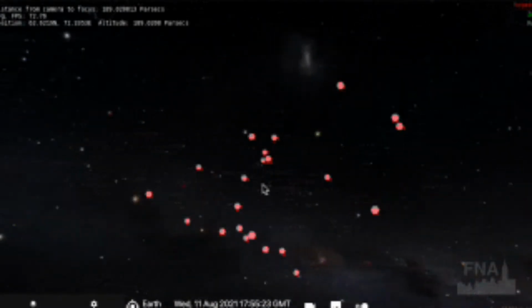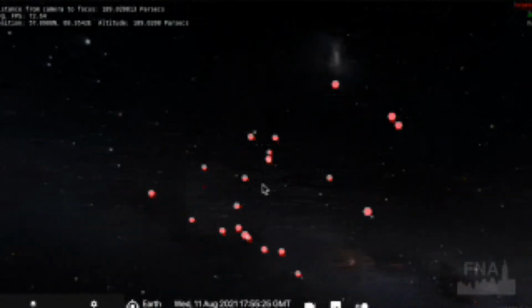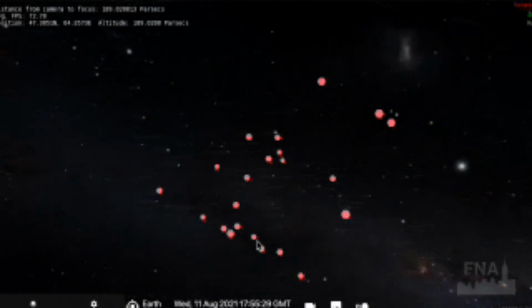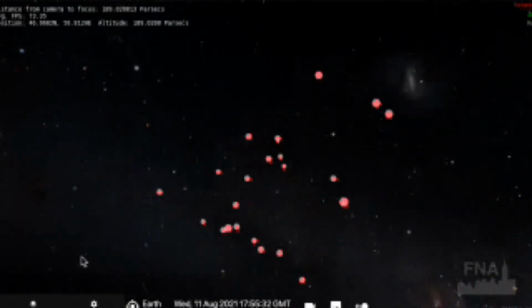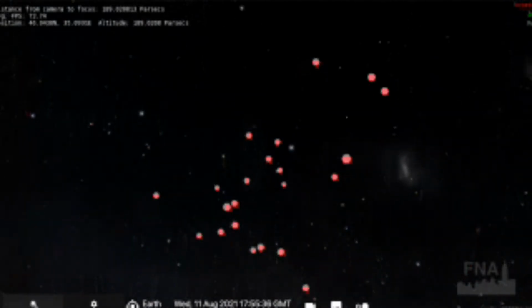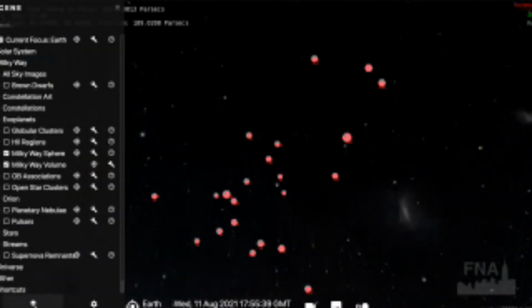Just a fun project and a quick plug for OpenSpace. If you like tinkering around with data, this is the kind of stuff you can do. You can put together data sets and stick them in here and fly around in 3D. These should be the coordinates for just a handful of the white dwarfs that I was able to cobble together.